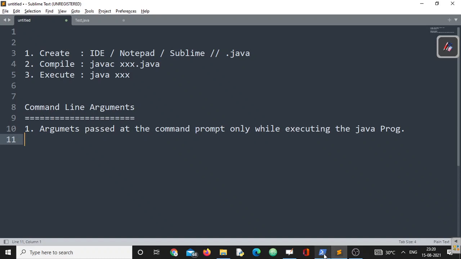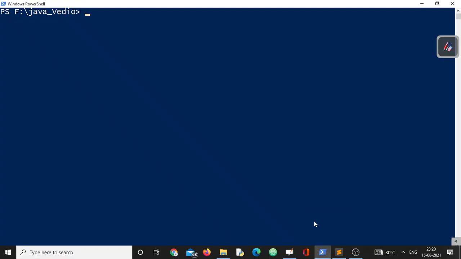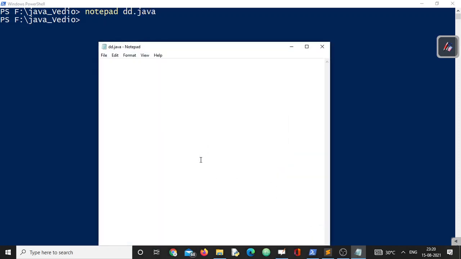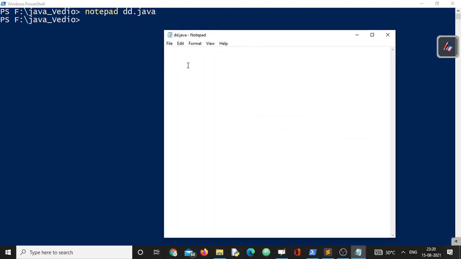Let us go for a simple example. We know whenever we are creating a Java program, since I'm using a Sublime editor, I'm writing subl. If you are using a notepad or any editor, you can also do that. I can also go for notepad followed by dd.java. Now, immediately a notepad opened where I can write my program. Class test, and we have to follow all the rules and regulations.